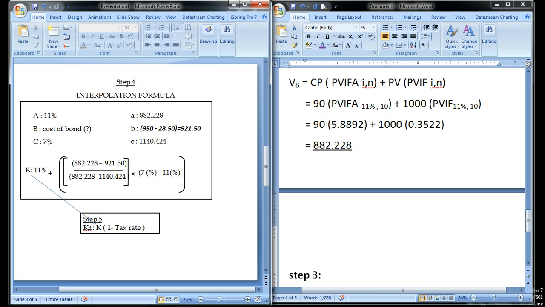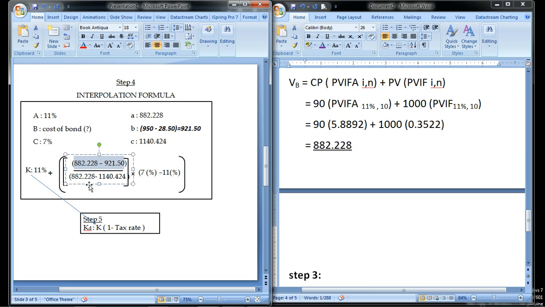882.228. Minus with 921.30. Divide by, sorry, this is 50, right? Then you divide. First you need to calculate. First step, calculate this first. 882.228 minus 921 bracket. Then you put divide by